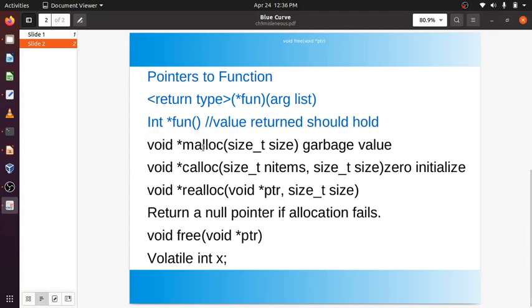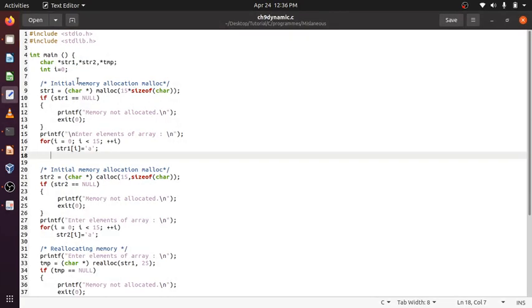This malloc function is going to allocate this much size, filled by garbage value. Like the example: str = malloc(15 * sizeof(char)), meaning 15 into 1 byte, so 15 bytes will be allocated, otherwise it returns NULL.